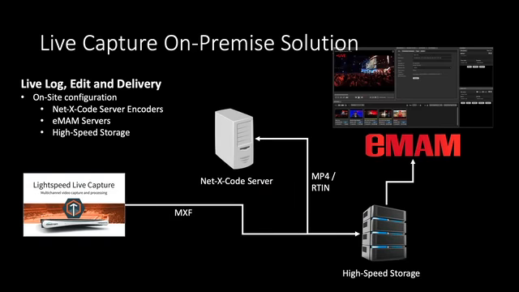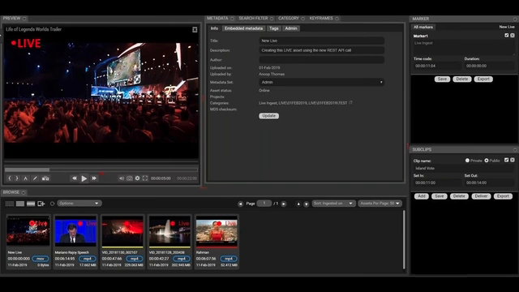On the live side, of course, the Lightspeed live capture server would actually not be in the Xcode server. It would be two separate items. And so with the Lightspeed server, you can utilize their software to start to create the MXF file. Xcode would pick that up, create the R10 and the MP4 file for us. And then, of course, we read the R10 for live, and then use the Drastic player for that.